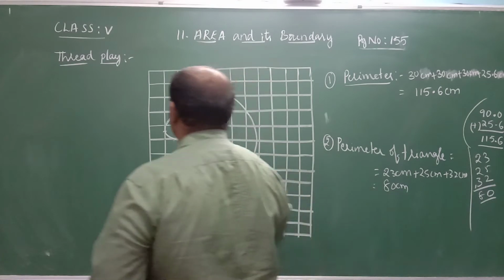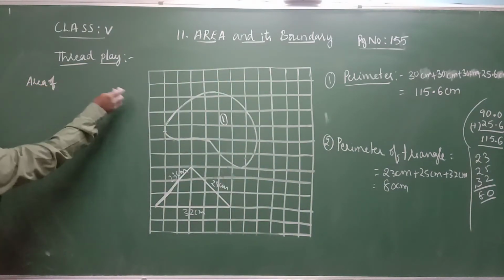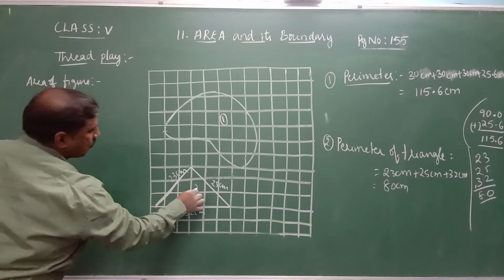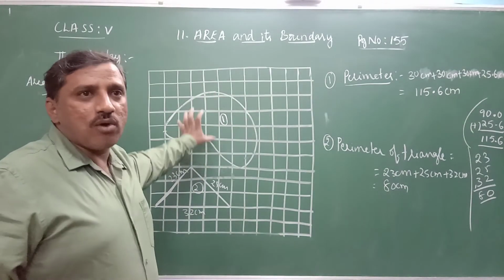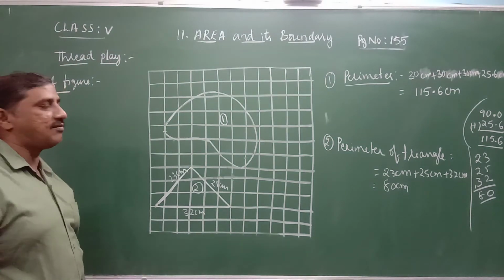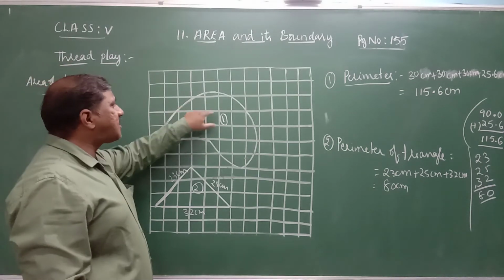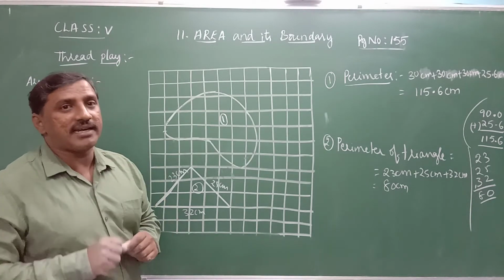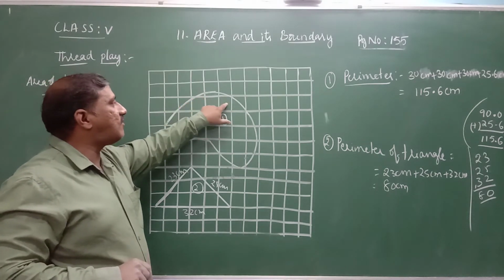Now how do we find the area of that irregular body? This is figure 2. How to find it? So here, these are square grids. You can take square grid paper, or you can also take graph paper in place of this. Now, if you observe this figure, there are some squares. If we consider each square box as 1 square centimeter of area, this is 1 square centimeter, 1 square centimeter, 1 square centimeter, and 1 square centimeter.